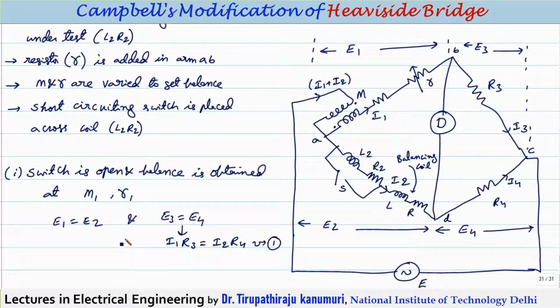So let us calculate E1 equal to E2. You can see here in the top coil, for calculating E1, there is some inductance of this coil. Let us assume this coil inductance is represented by L1, and it has a resistance of R1. It is mutually linked to another coil. That coil is outside the bridge, which means the self inductance of this coil is not included in this bridge, but it is mutually coupled to this coil. And the current that is passing through this coil is entering the dot.